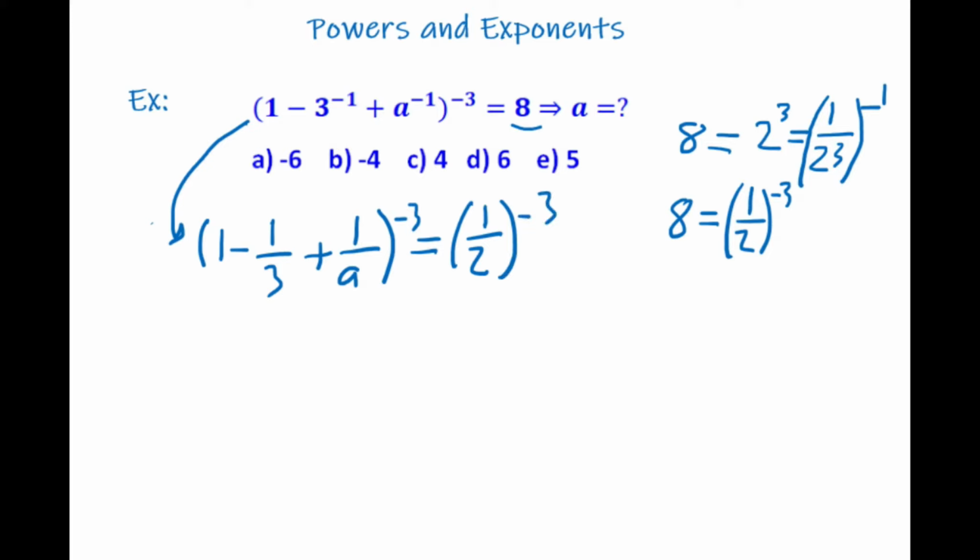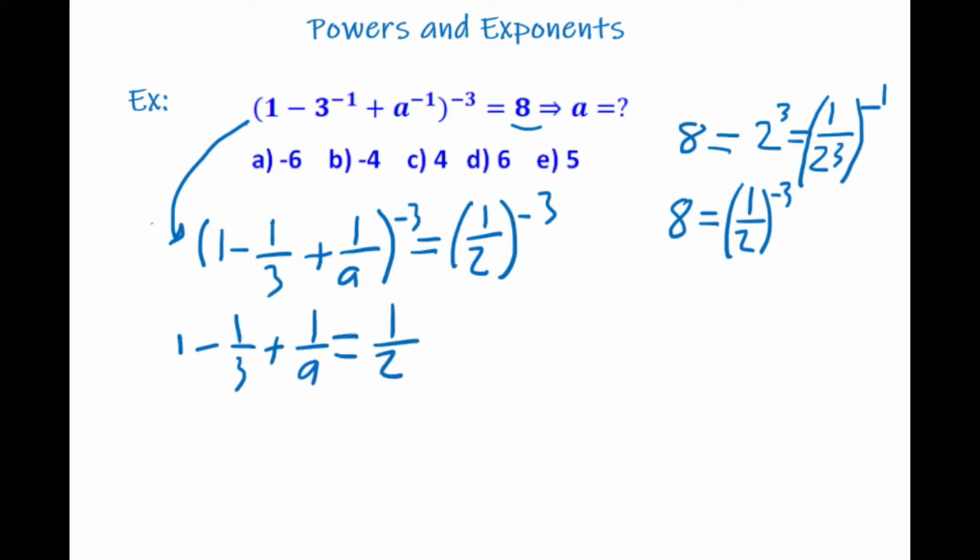And now, as you can see, the exponents are the same, or we can say that the exponent is an odd number, okay? The insides should be equal to each other. In other words, the bases should be equal to each other, as we learned in, I believe it was in, property 11. So 1 minus 1 divided by 3 plus 1 divided by a should be equal to